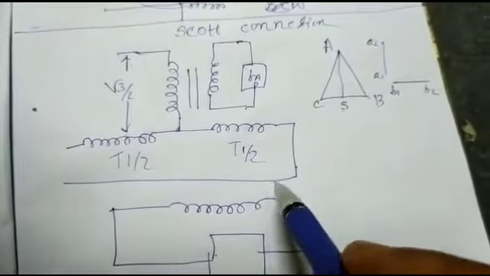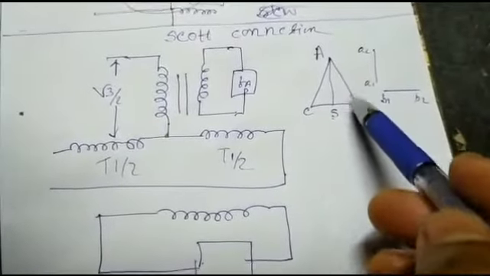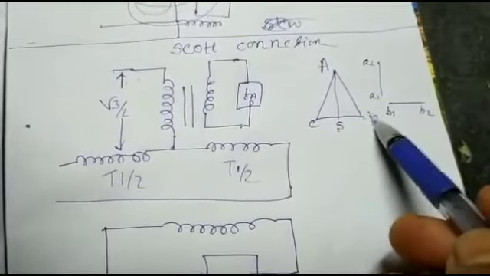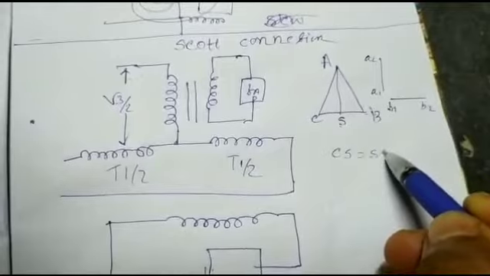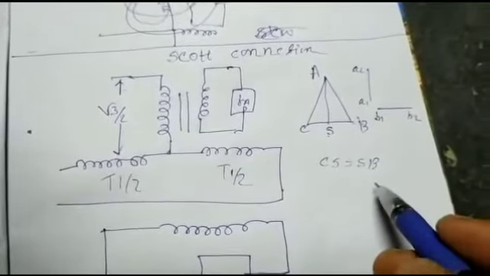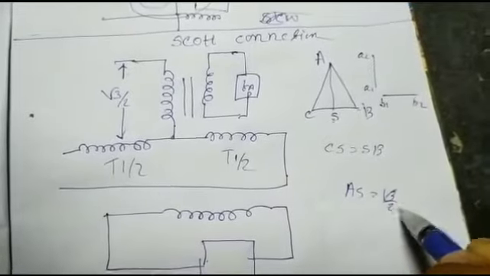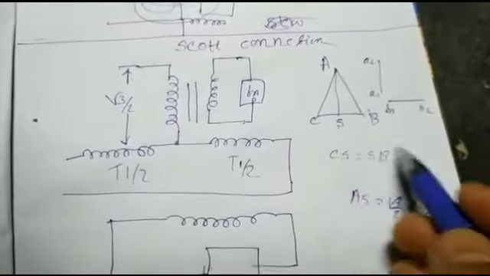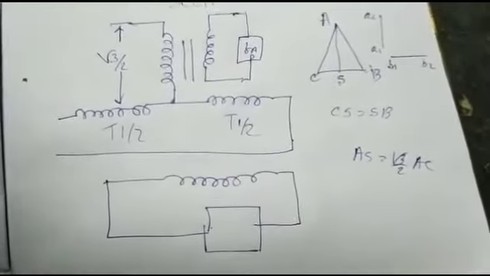Here in the voltage triangle ABS, the AS is perpendicular to CB. Here CS is equal to SB. Okay, and AS is equal to √3 by 2 into AC. Thus, if two single phase transformers are